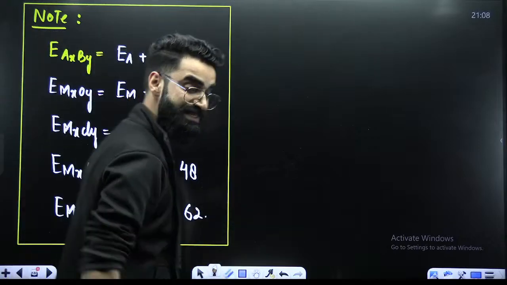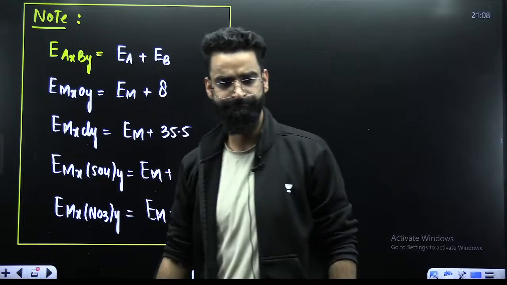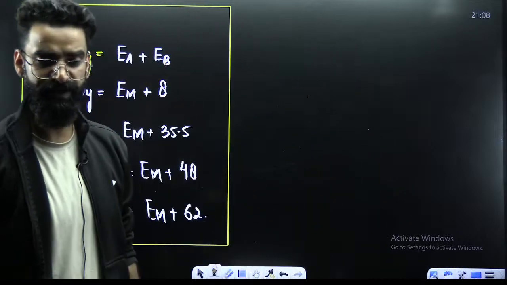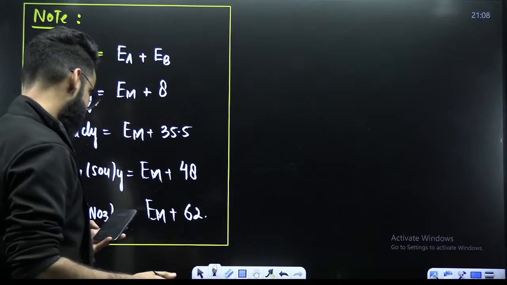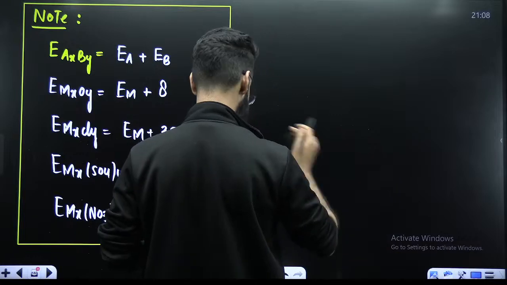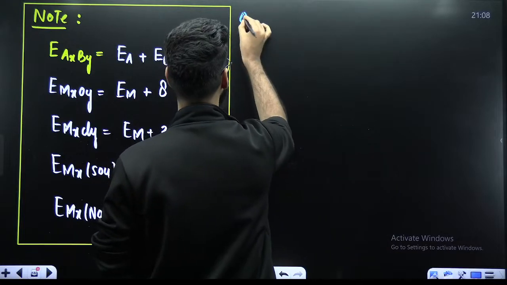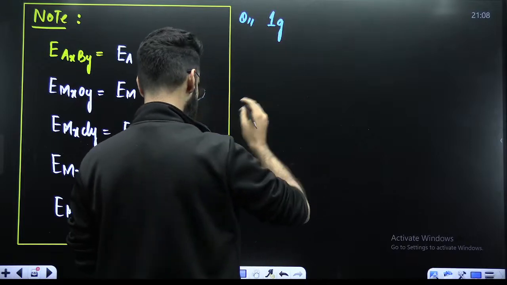This is important. Why is it important? Because I need to solve one specific type of question here. So for example, I'm writing certain questions here. Let me see whether you can solve this or not. The question is like this. You might have seen these questions in modules as well.